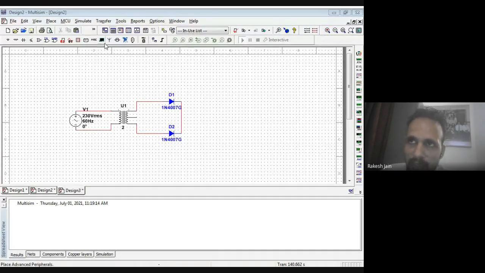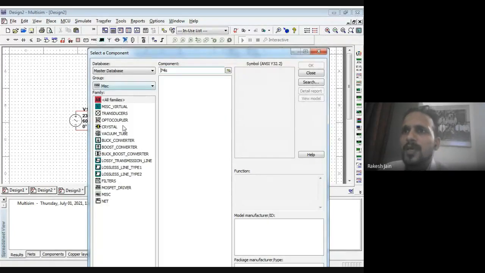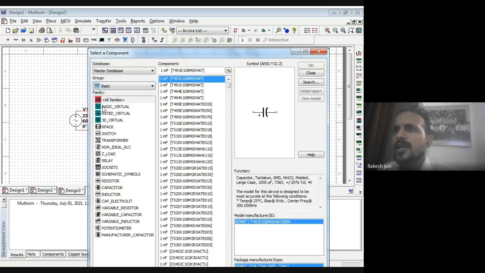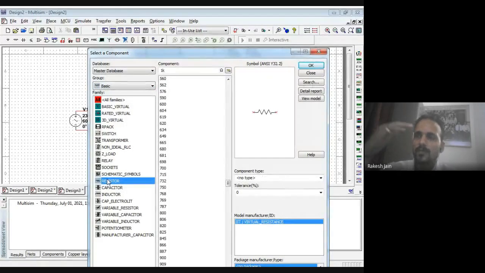Then to check the output, I require a load resistance. So go to MISC, then go to basic, and you will find the resistance. I am showing you on this computer, which is just here. Let's suppose I just want a 1 kilo ohm resistor. So here a 1 kilo ohm resistor is selected,